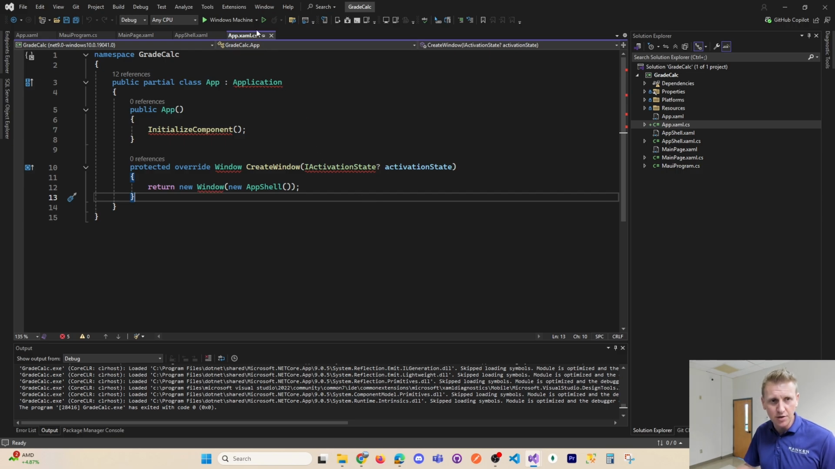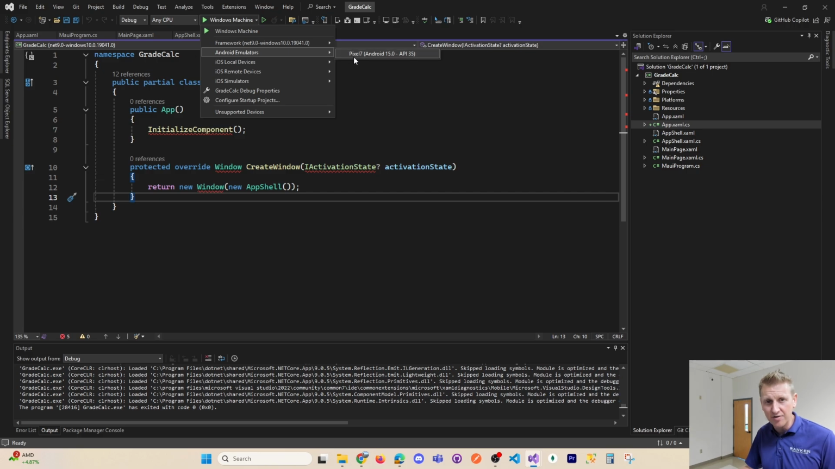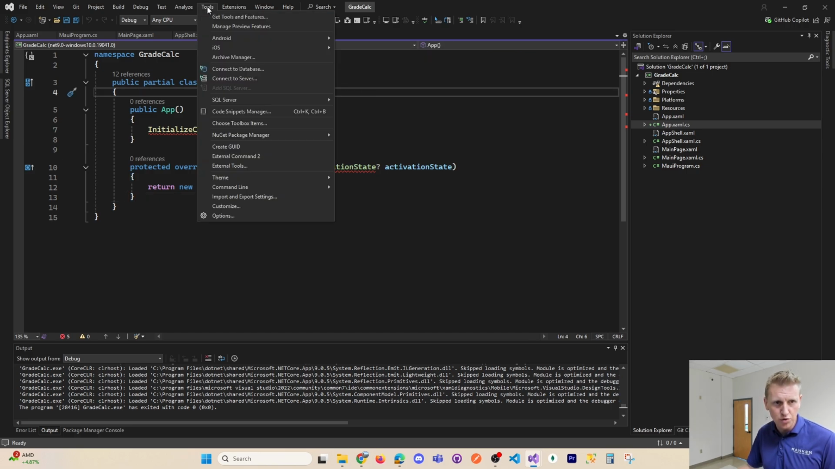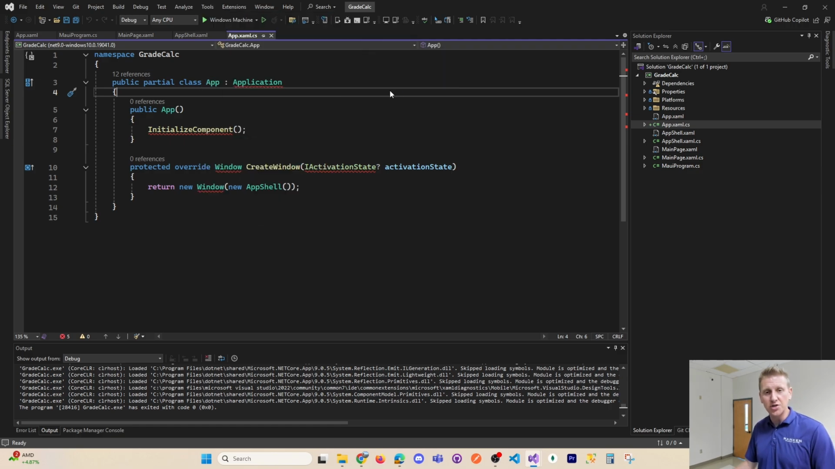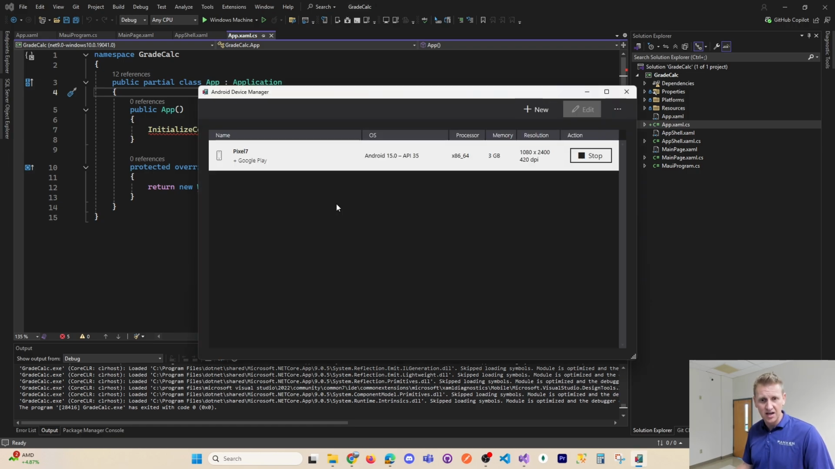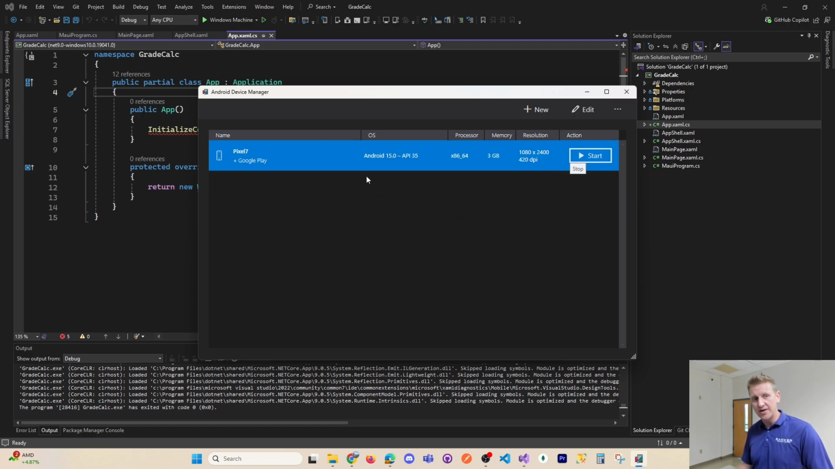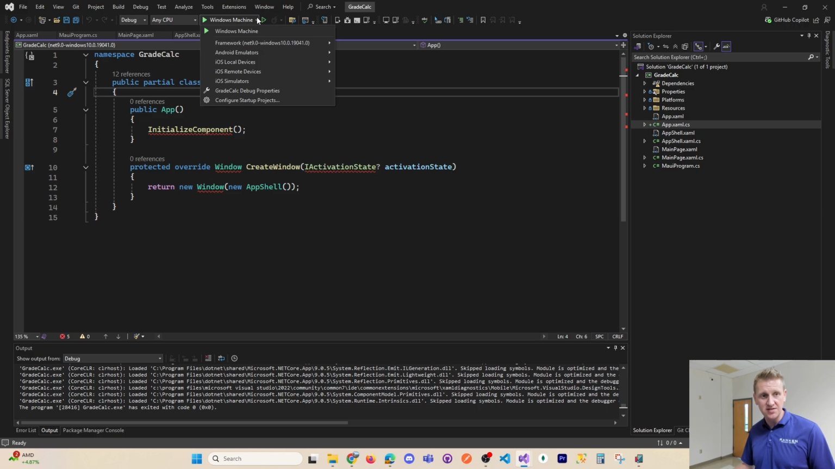Okay, the next thing to look at is my Android emulator. Now, I already have an emulator installed, and so you might not have this listed here. Let me go to Tools, Android Device Manager. And so I'm going to click Yes to run this. And you could see I've got one emulator that's currently running. You're not going to have an emulator. Now, if you change this to Android emulator,